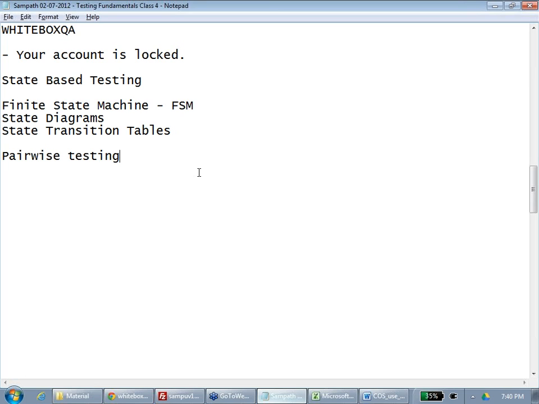I will take two accounts with $1 billion. I will take two accounts with no dollars or a negative balance. Pair combination testing. Got it? Or I will take one good account, one bad account. This is called pairwise testing. But again, finally you will reach the same goal. Understood, right? So that is one kind of approach, but I don't think that is popular.